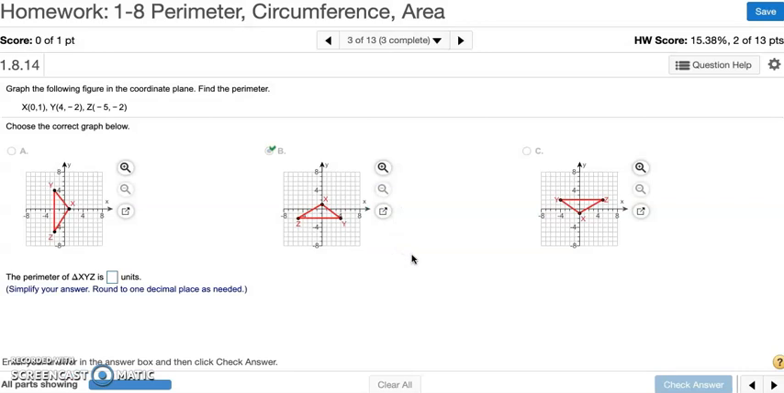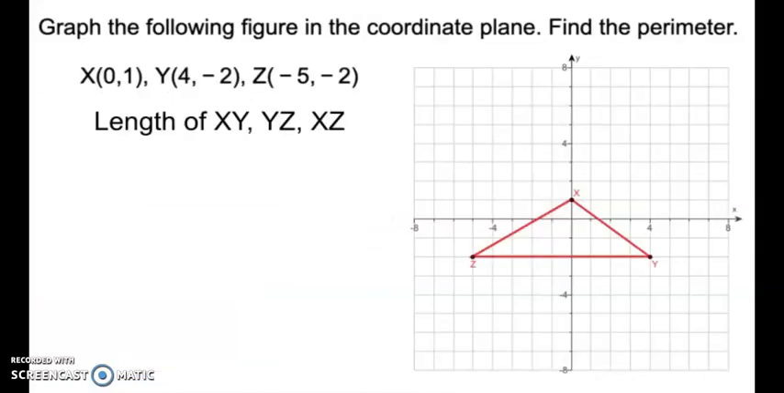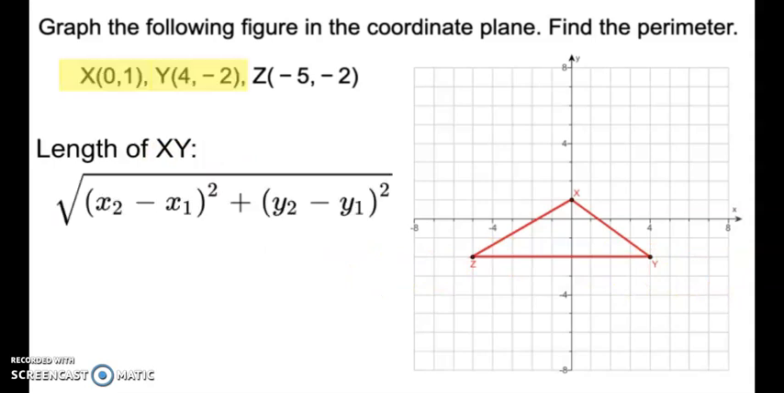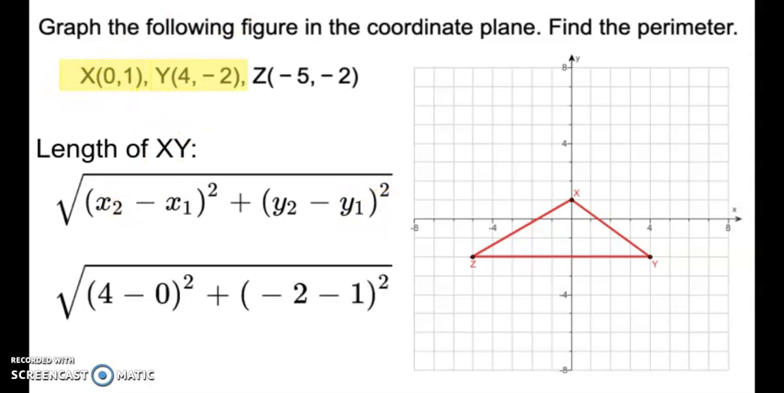Now let's find the perimeter. So that means we need to find the distance all the way around. So we got to find the length of each of the sides. So that's zx, xy, and zy. So starting with xy, we got to use the coordinates x and y and use the distance formula. So substituting in the x values of 4 and 0, y values of -2, and then 1, we subtract and